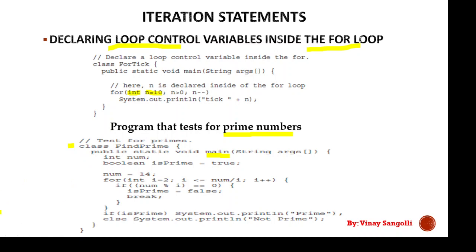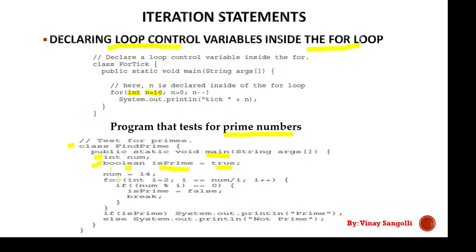We have defined a variable called int num. Next, a very important thing here is we have defined a boolean value. The first value we have defined is an integer, so that's why it is int. The next value we are defining here is a boolean. Its name is prime, and the initial value we have given it is true.